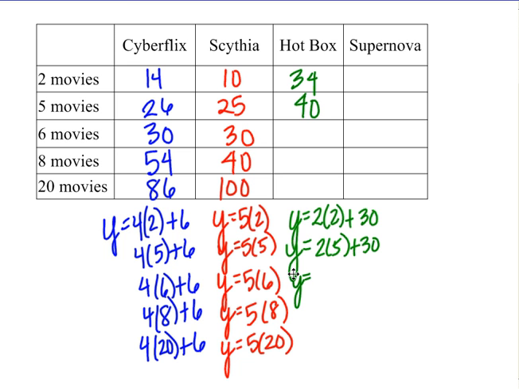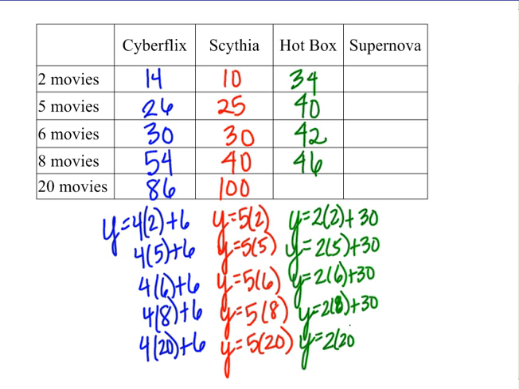If we're going to rent 6 movies, 2 times 6 is 12, plus 30 is $42. We're going to rent 8 movies. 2 times 8 is 16, and 16 plus 30 is $46. And if we were going to rent 20 movies, because we like to watch a lot of movies, 2 times 20 is $40, and then plus another 30 would give us $70. So we can kind of choose right now which company is looking good,